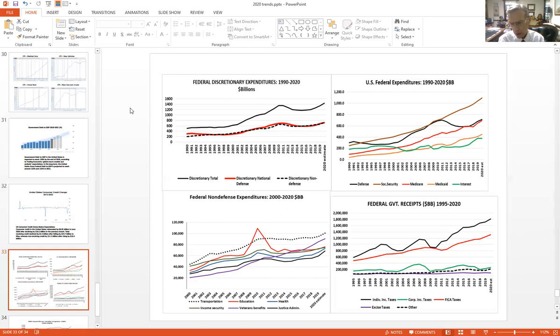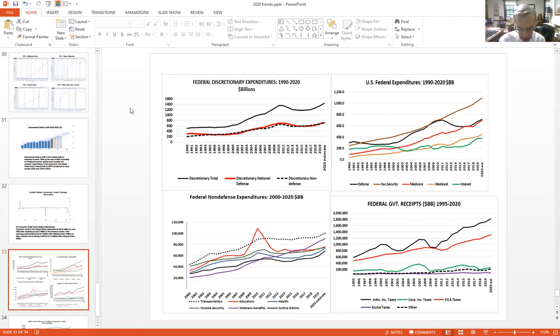Medicare, you can see the red line is also going up quite rapidly, as Medicaid has been going up, but not quite as fast. Now that we're in the recession, I would expect it to pick up. And you can see the green line is interest, and it's been coming up. But the next time these charts are created, that green line is going to go up like a rocket, isn't it? Because of all the increases in debt.